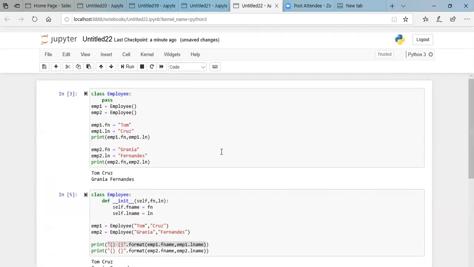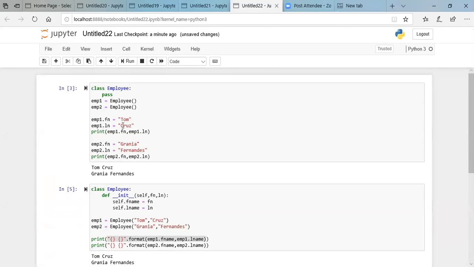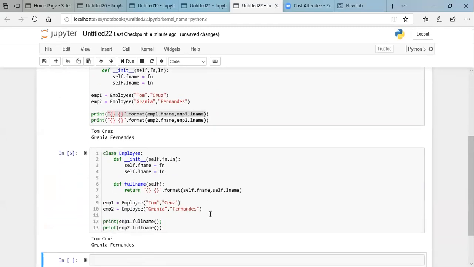In the first example, we haven't used the concept of classes and objects. Manually, we were setting all the values for as many employees as you have. Then in the second case, for storing the values, we saw how we can do it with the help of the constructor or the method over here. And in the third case, we saw that we can display this also with the help of a method that we have defined over here, which is called full name.